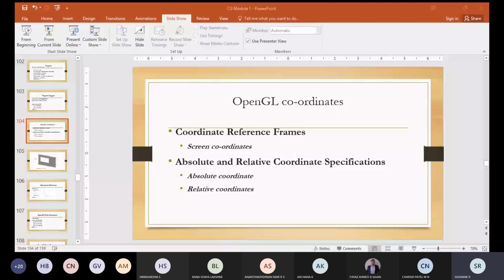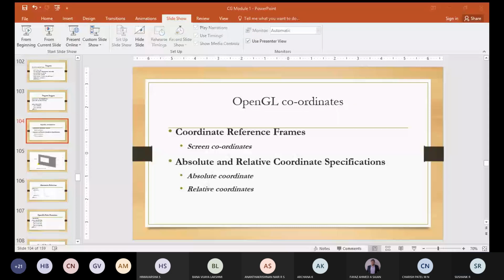Any doubt with respect to these screen coordinates? Any doubt regarding the working of getPixel? The practical thing we'll see in the lab program, which will implement this. As of now, it should be clear with the theory part. Any doubt? Yes or no? Is this understood? Any doubts with respect to the coordinate reference frame, screen coordinates?